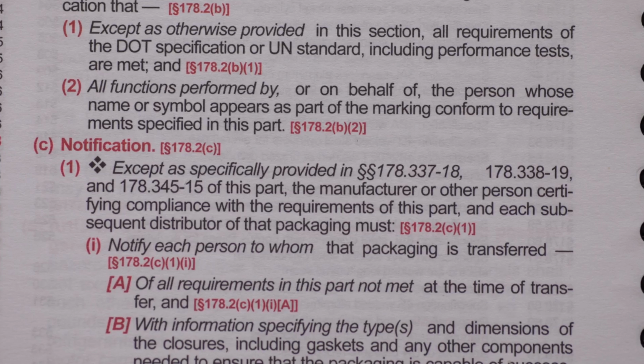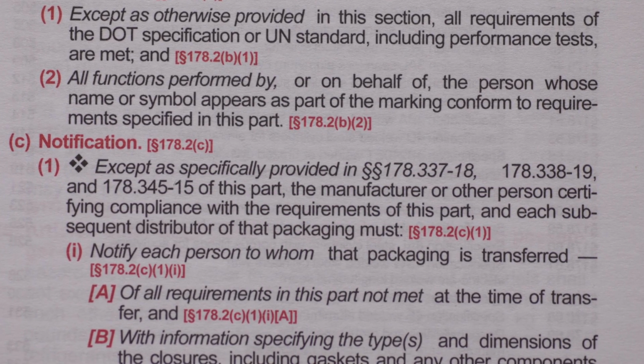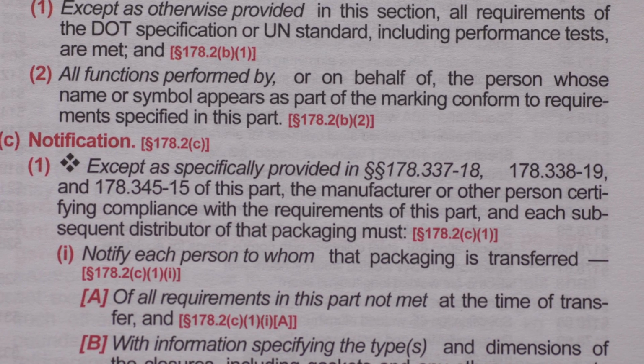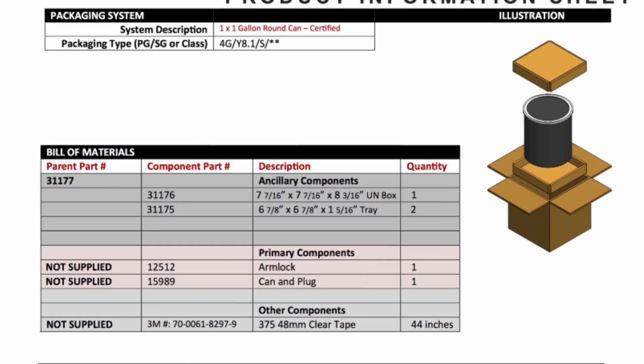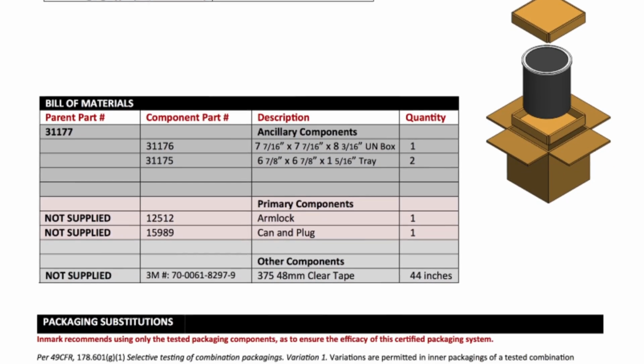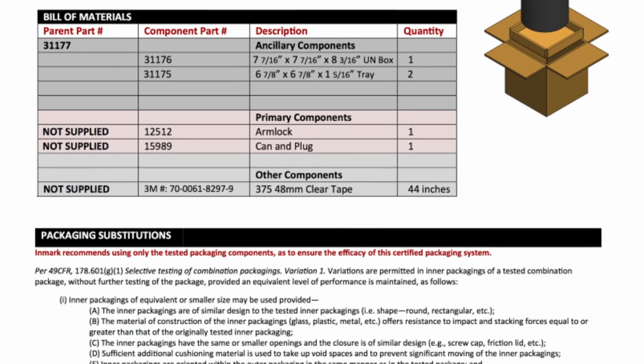Now let's just take a quick look at the manufacturer's and distributor's responsibilities for providing notification to the users of their packaging. You'll find these requirements in Part 178.2, Paragraph C, and here's what it states. Except as specifically provided in, and then they list some sections there, the manufacturer or other person certifying compliance with the requirements of this part and each subsequent distributor of that packaging must notify each person to whom that packaging is transferred of all requirements in this part not met at the time of transfer, and then they go to B,